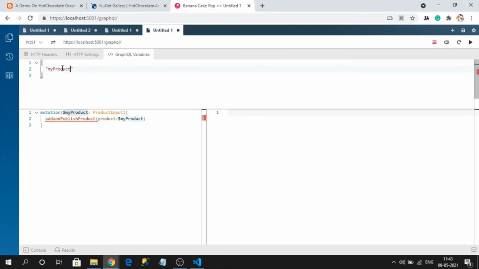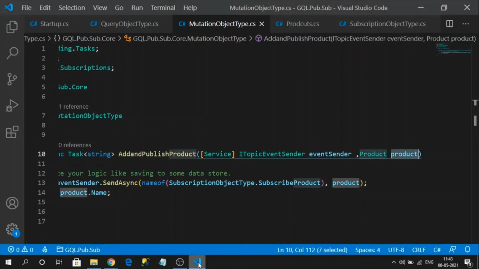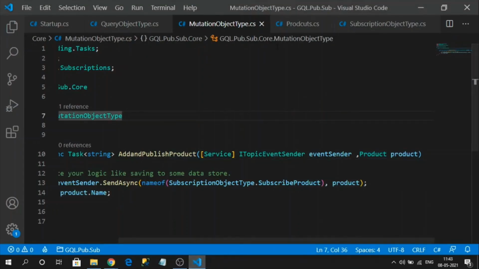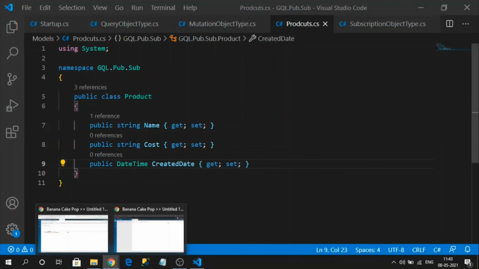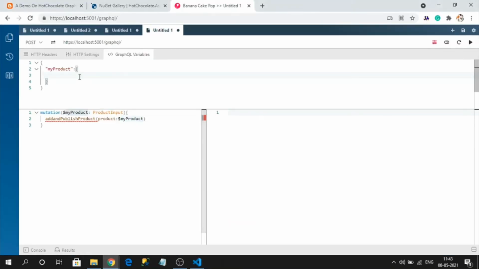Now it should contain properties. Those properties are nothing but my product's properties. I want only name and cost. So name, mangoes, and cost.